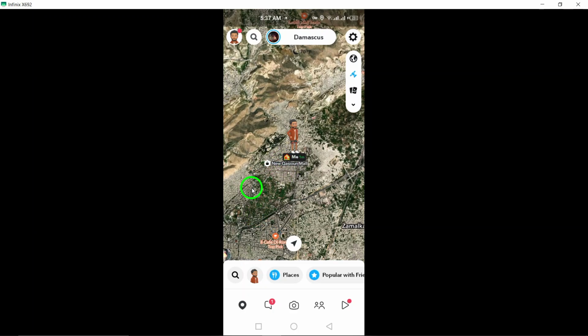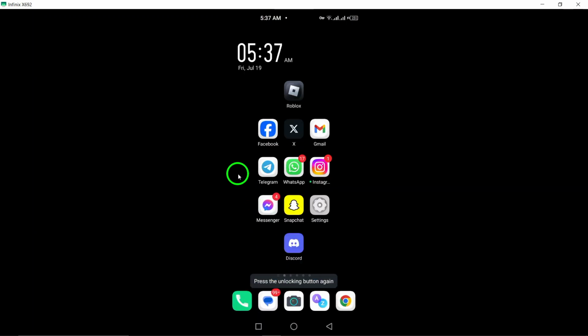time. By following these simple steps, you can easily check your region on Snapchat and stay updated on the locations